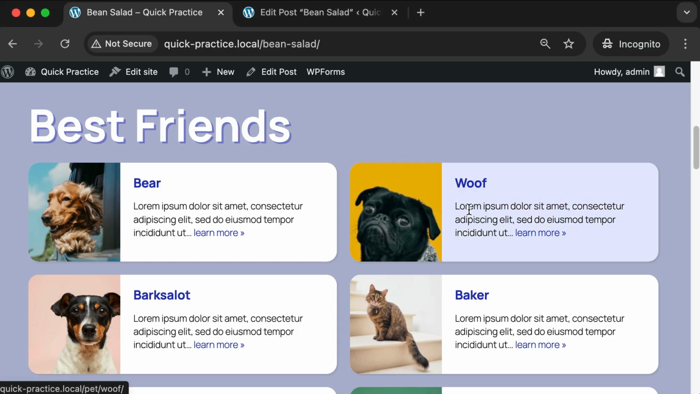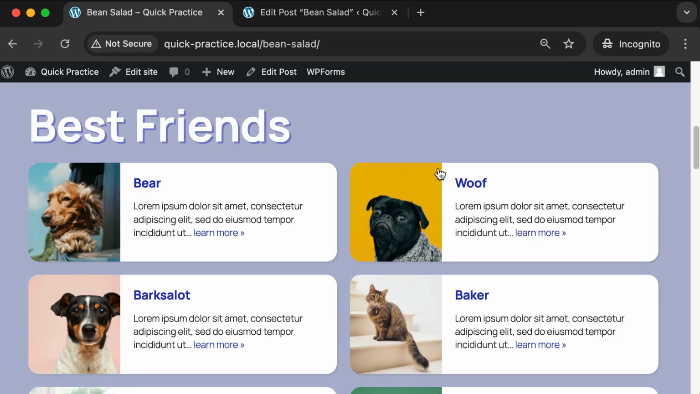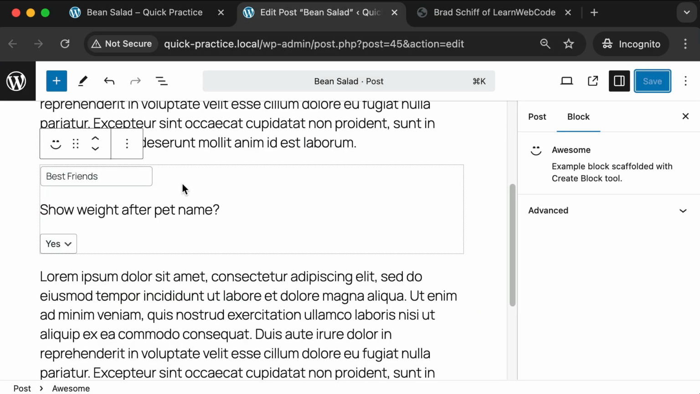Cool. So the user set that option to no, they don't see the weight. But if we go back and set show weight after pet name to yes and click save and we refresh the front end, beautiful. Now, for a bit of extra credit, you could improve the user experience here by improving the styling with CSS, like maybe add a bit of padding, change the font size or the margin,